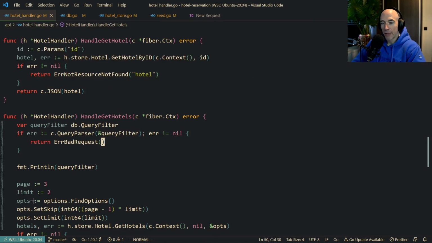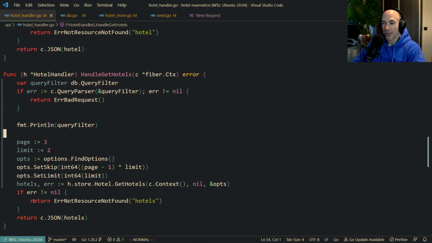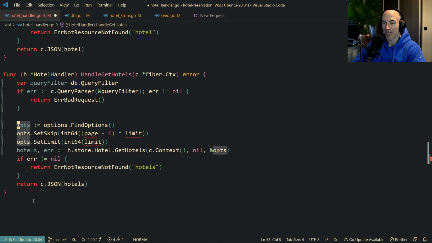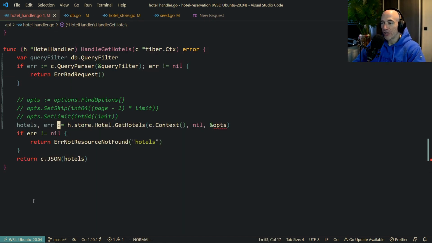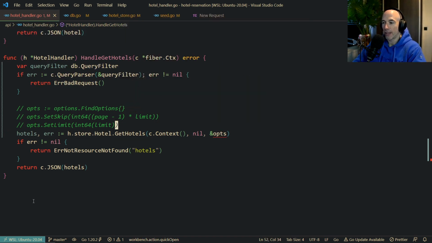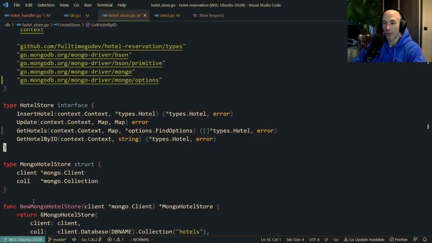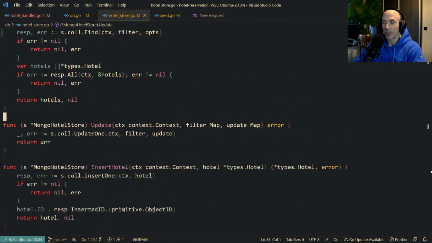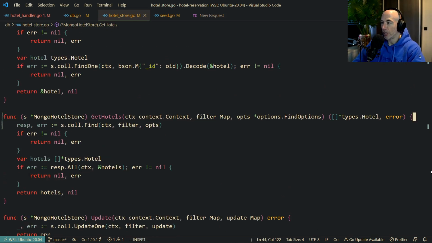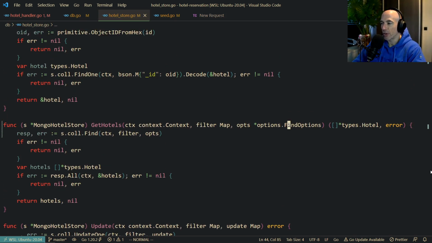In the hotel handler, what we're going to do now is get rid of this page and this limit. These options are basically MongoDB specific options, and we don't want that. So let's comment these out for a bit. Instead of ops in our store, we're going to do something else, right? Let me go to getHotels with GetHotels, just like that, and it's going to be on the bottom. Instead of using this find options,